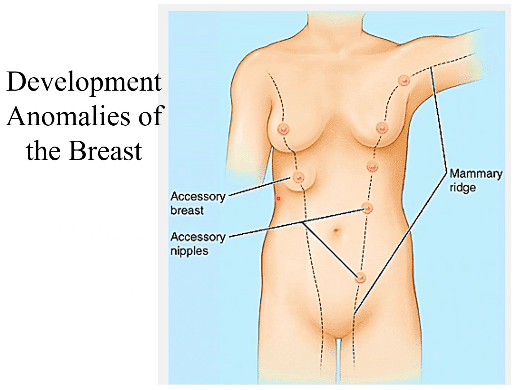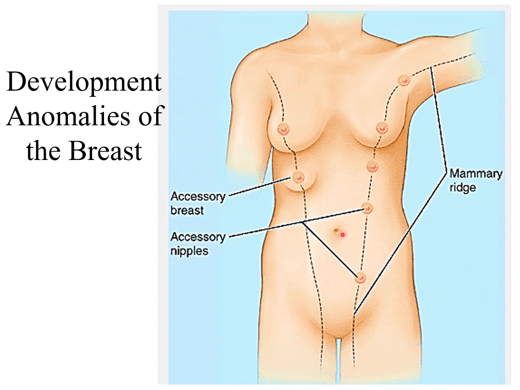This is the diagram which is showing the mid-axillary line, starting from here and going till the groin region. This is known as the mammary line or mammary ridge. At the 7th week of intrauterine life, these lines are present from the mid-axilla till the groin region. As development takes place, these lines disappear from the axilla as well as from the lower thoracic, abdominal and groin region. If these lines persist, then we have developmental abnormalities of the breast.